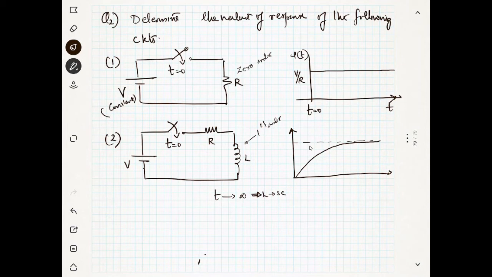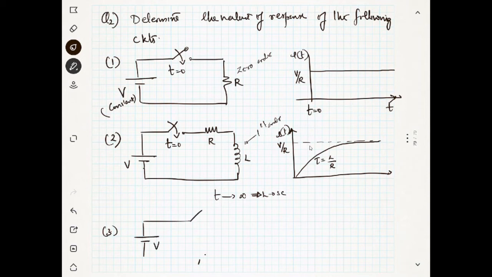Understood? The exponential response may be increasing or decreasing. So what will be the maximum current? It is V over R. And what is the time constant? Tau is equal to L over R. I hope it is clear to you. Okay, now we will see the same thing with the